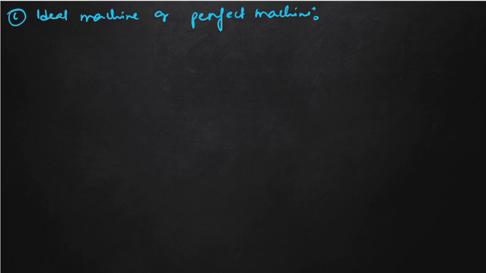The amount of energy we supply to the machine, that amount of energy is again given back by the machine. So that type of machine, or a machine which has 100% efficiency, is known as an ideal machine. So write the definition from the book. You will get this on page number 33.